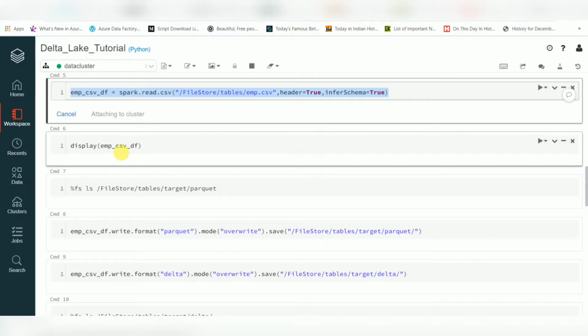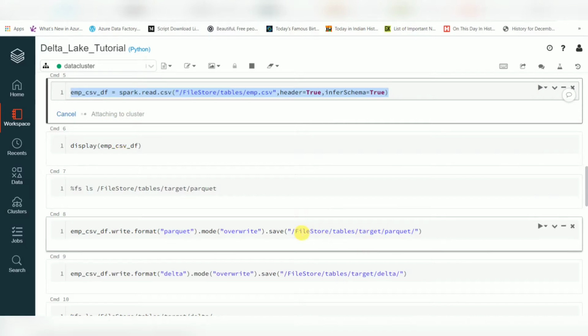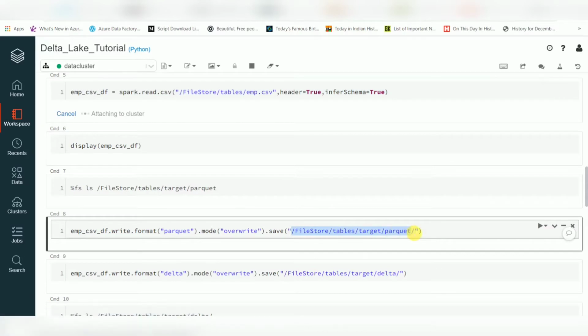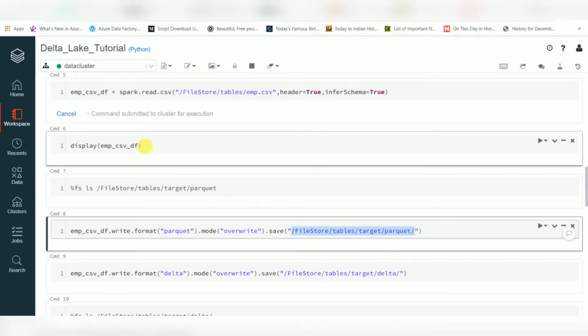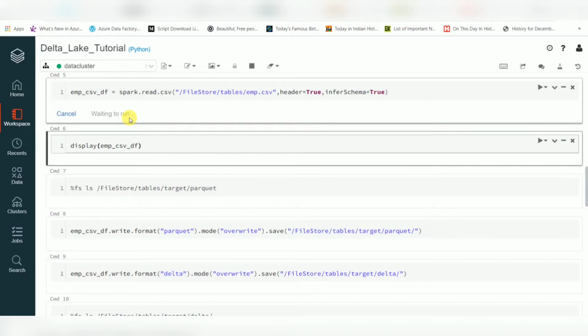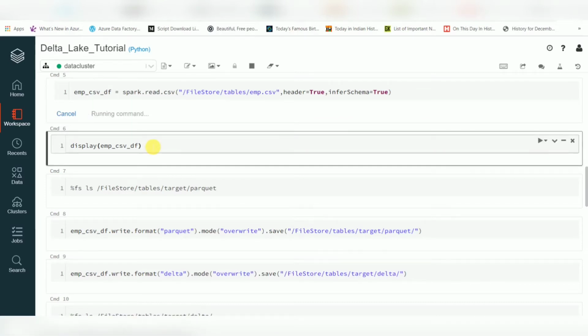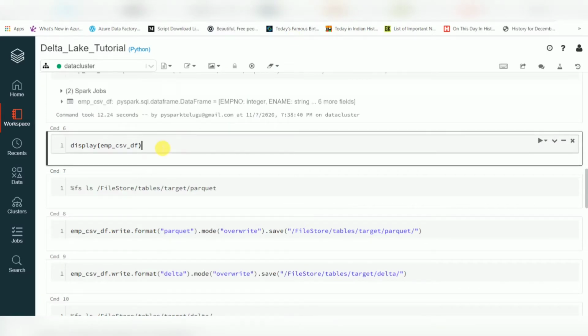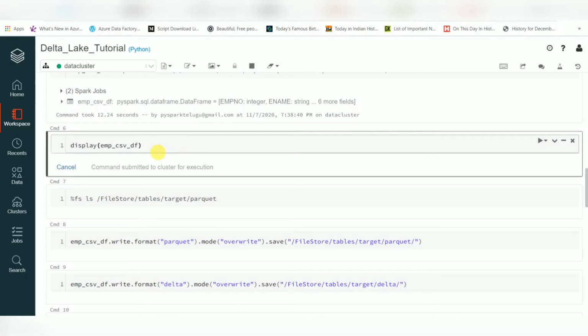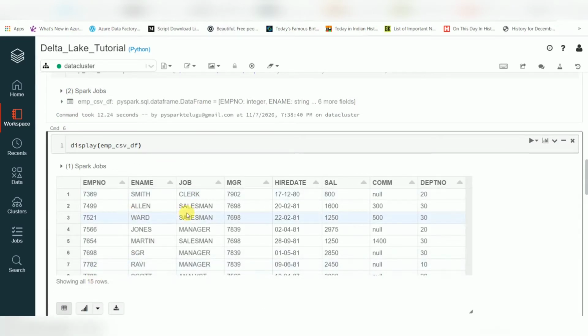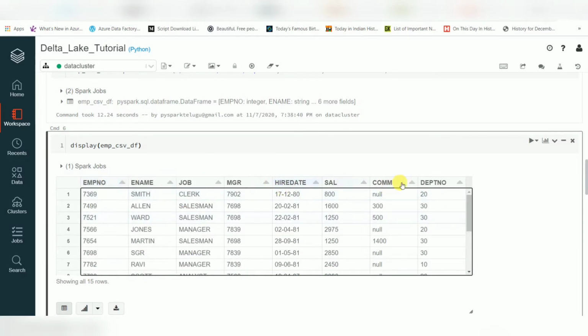Once the data frame is created, we can verify whether the data is available. It's running the command. Now we can see the data frame has 15 records, and here you can see the list of columns.